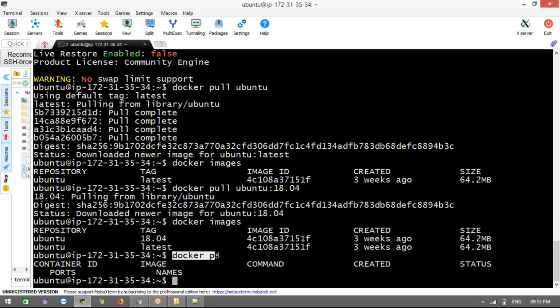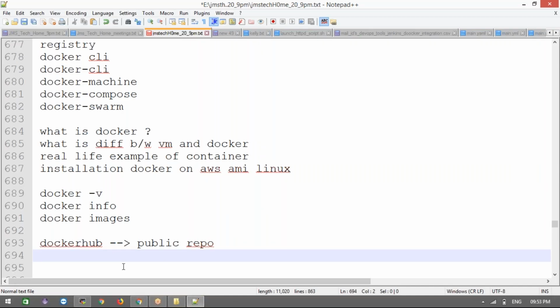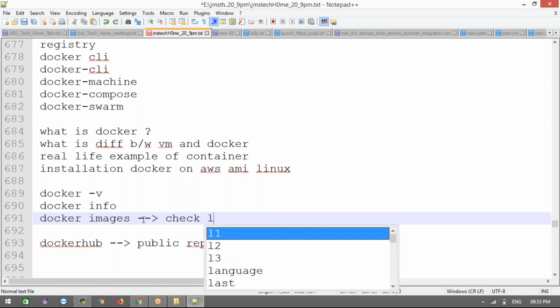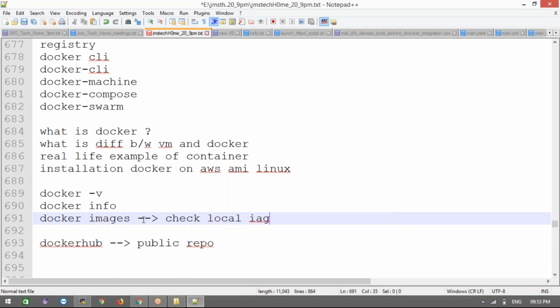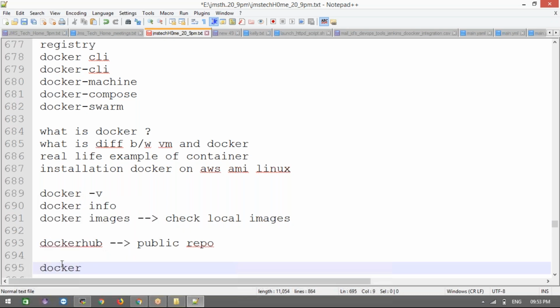And I'm going to write here: docker images checks local images, the images your machine has. Next, if you want to download an image, docker pull followed by the image name and tag. If you don't specify a particular version, by default it takes latest. If you want a specific one, we can give that tag and that version will be downloaded.